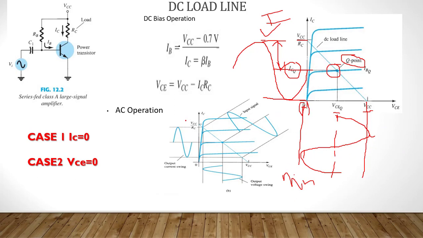Now the same diagram I have written here. Yes or no? This is the maximum point, the 0 point, and the minimum point. In the same way, this is the minimum point, this is the maximum point, and this is the 0. Now in this diagram we can see that if the Q point is at 0, I am getting a full sine wave, because one peak is from here and one peak is from here, both are represented, so I am getting everything. This is how the DC load line concept comes into the picture. Any doubt on this DC load line?